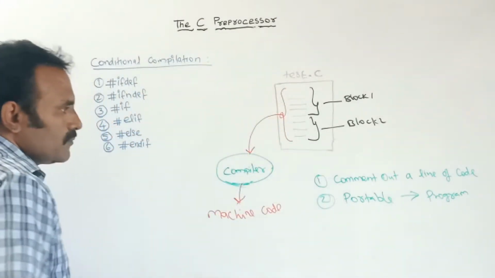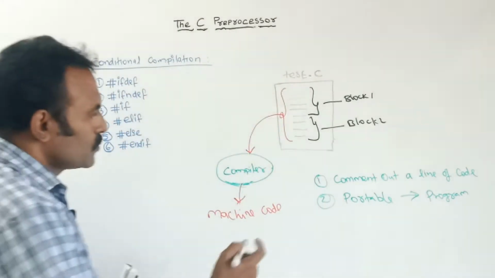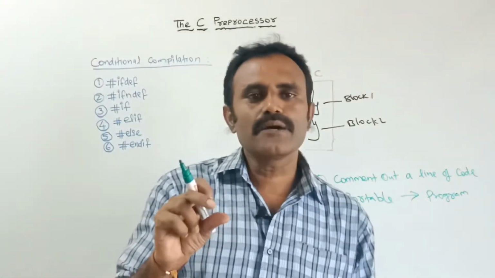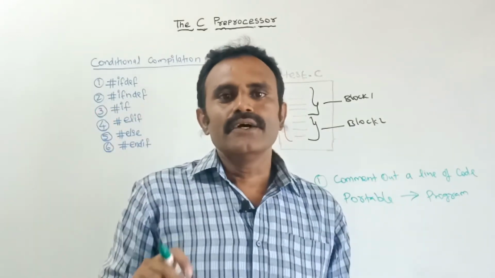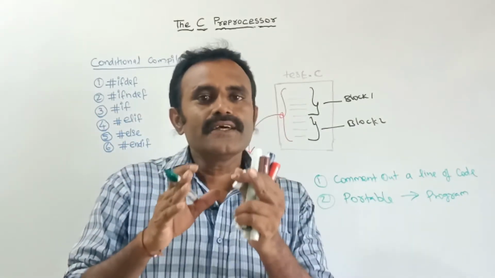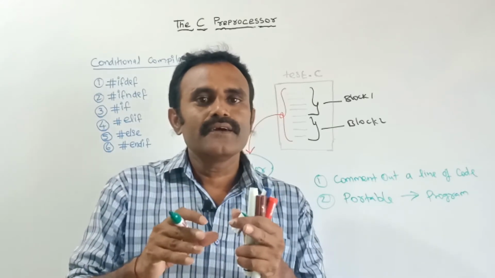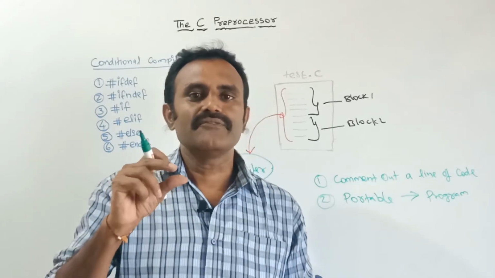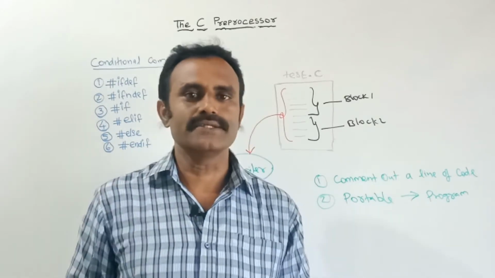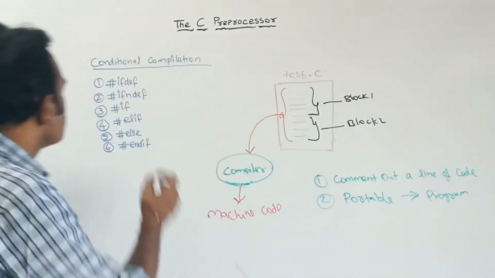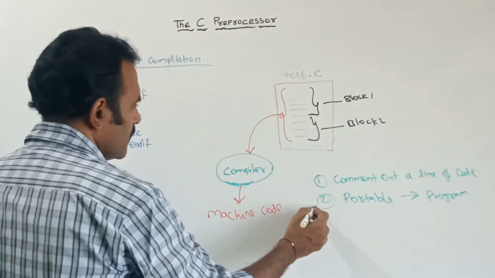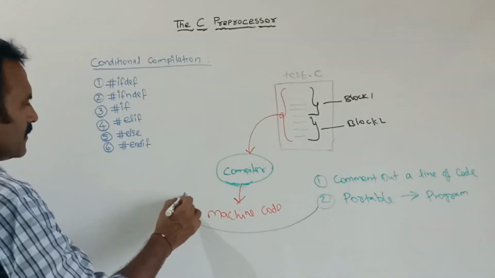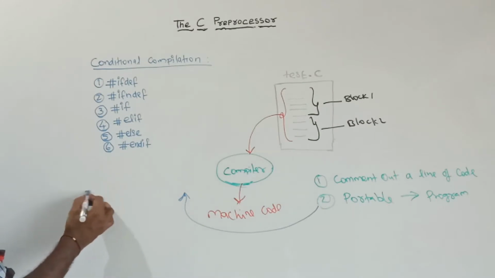So here, for example, if I am having two computers, the first computer Intel based, the second computer AMD based. So if I am writing a C program, that program should run on any kind of system, whether it is Intel based or AMD based. So here, by using this conditional compilation, for example, I am writing here. See, by using this ifdef, we can,